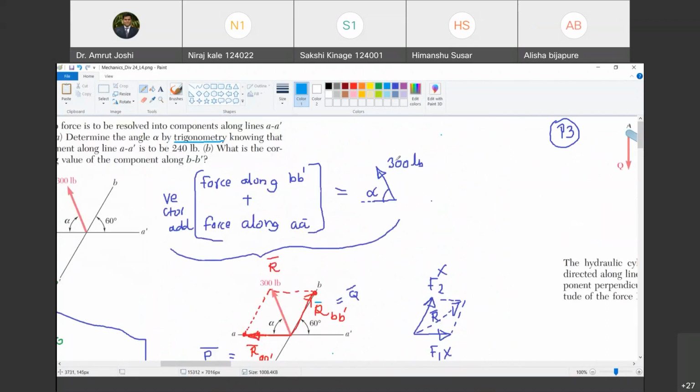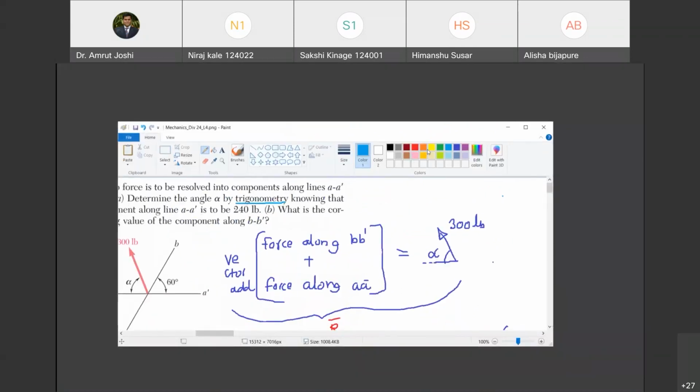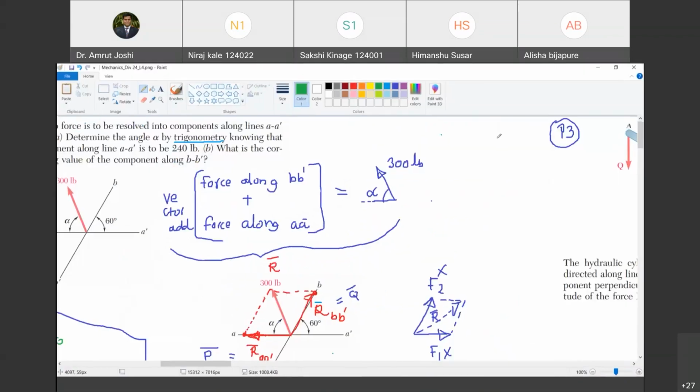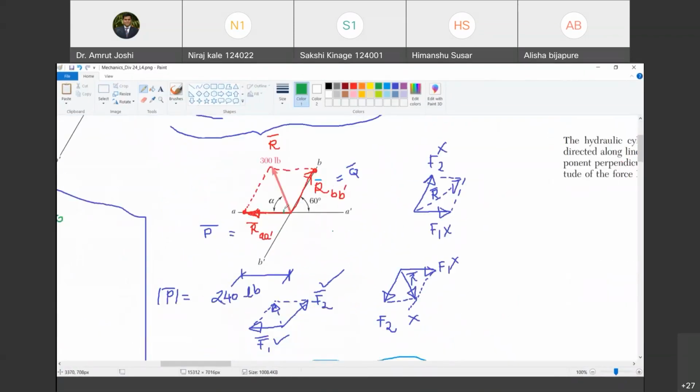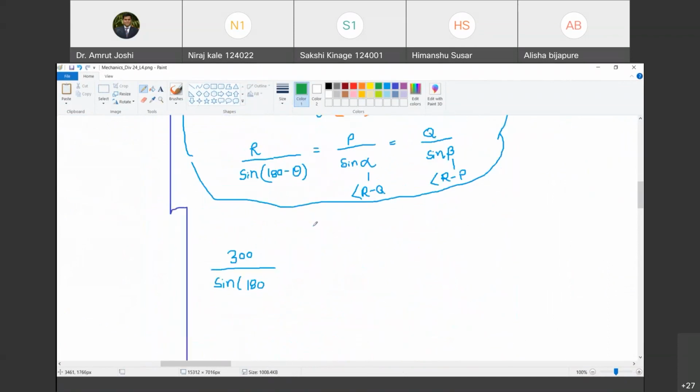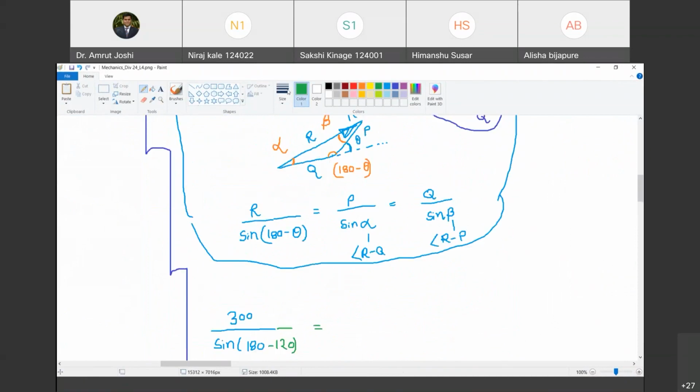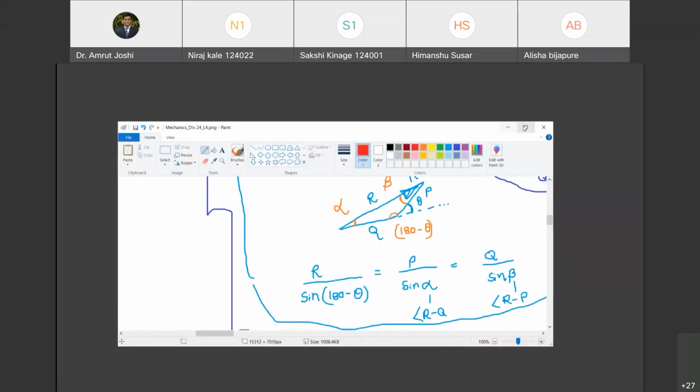Yes. Just have a look at this diagram. I will mark that angle. Look, the angle between P bar and Q bar, that is the two components of R bar, is 180 minus 60, right? So it is 120 degrees. So can I write it as 180 minus 120 degrees? Equal to. Now let us write down the second term. So P remains as it is. So it is equal to P